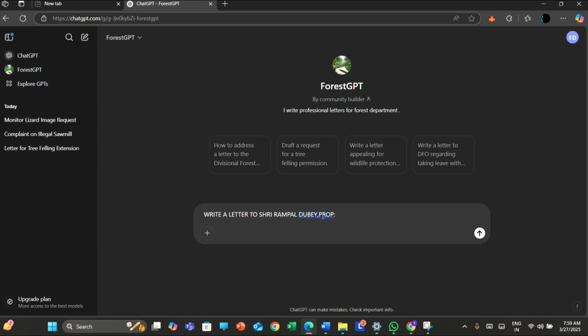proprietor of, say for example, Mr. Mrs. Rampal Sawmill, village, you can say for example village Sonamukhi. And let us make it short, district Paschim Mednipur.